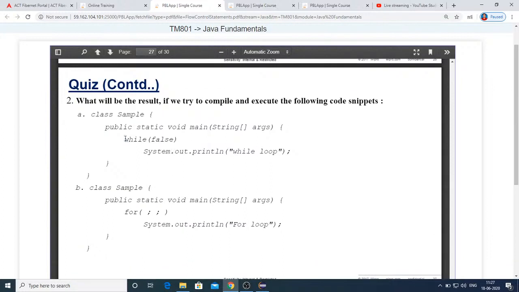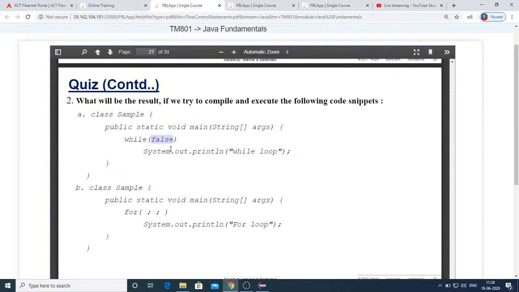While false will raise an error. If I write while true, then you get this printed infinite times. It continues to print without stopping. But writing false is an error. Remember this point. You can just try it in your IDE. Writing while condition false itself is an error because of unreachable code.